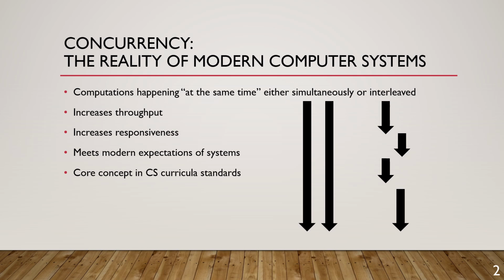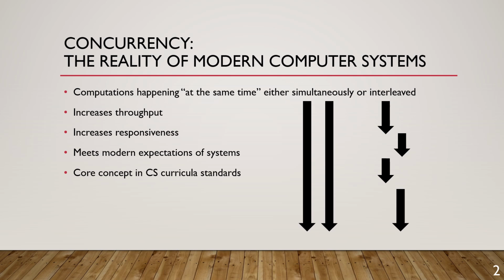Concurrency is pervasive in modern computing systems. Many computations, threads, and processes happen either at the same time or in an interleaved manner, with the goal of increasing throughput and responsiveness. But concurrent programs need to be constructed carefully, ensuring that these multiple computations interact in ways that maintain correctness